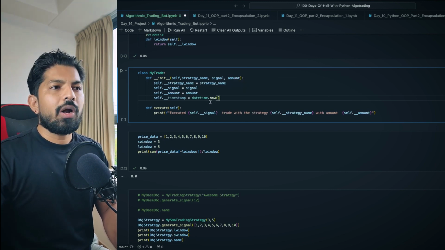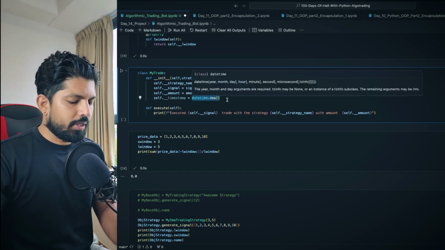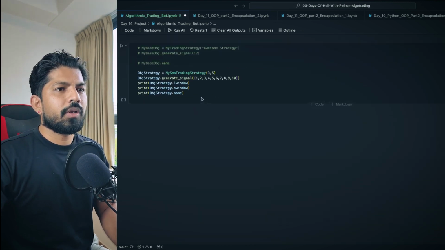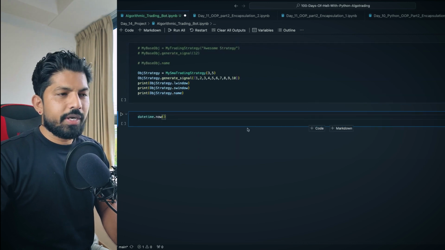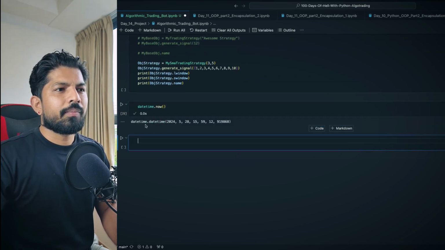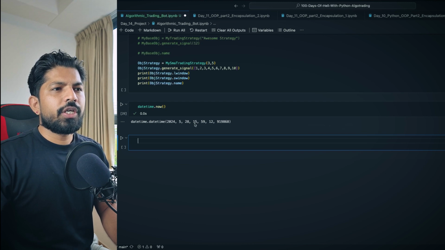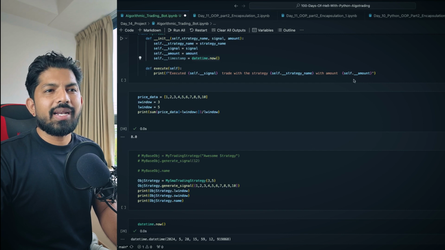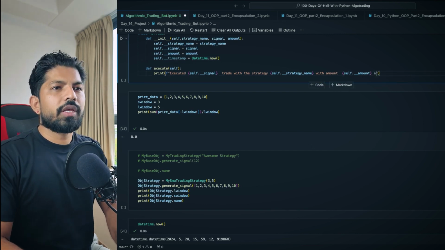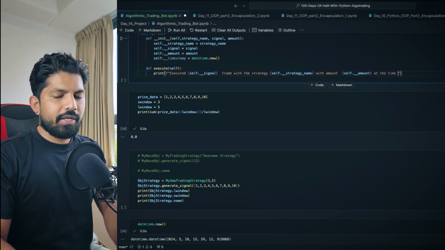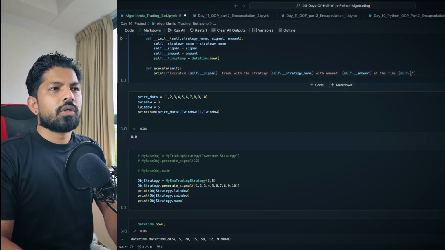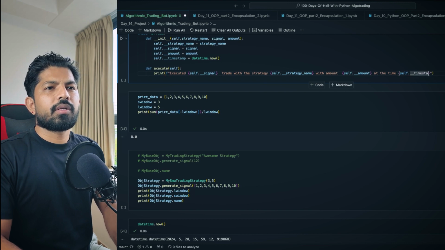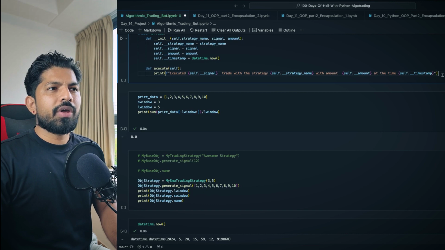So what it will print out? It will print out the current time. Let me show you with the help of an example. So when I print here, it shows me the current time. So it is like 3:59 current time, right? The current time it shows, and this will be the timestamp of that time. So it will be stored in timestamp. So we can add one more thing here at the time, and here we can pass self dot timestamp, right? Let me copy and paste here. Yeah. Okay. Then what we can do? Yeah, we are good to go.